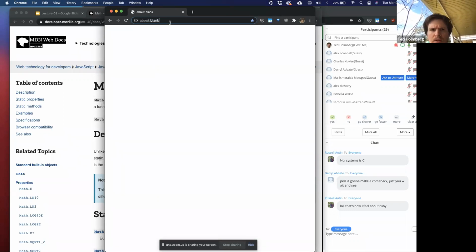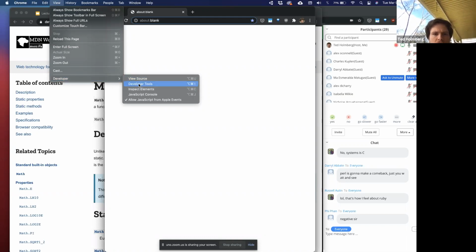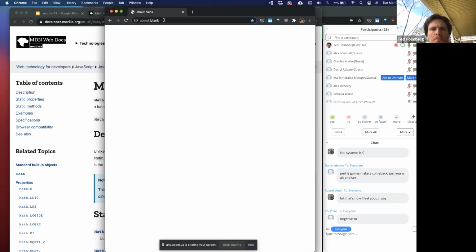So, in addition to being able to look at the source code and my DevTools, which allows me to access the JavaScript console and inspect elements, the URL bar itself inside of browsers has a special keyword you can type in. This address bar is used to open up your documents. There's an internal set of documents on a browser, and then there are external documents that can be imported